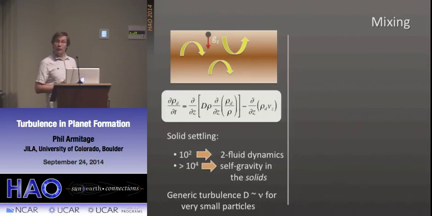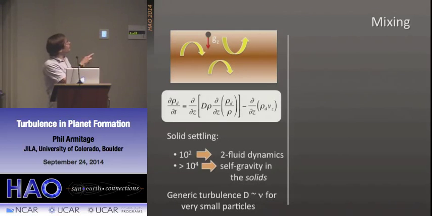Now you can ask whether you can do better by looking at other things that turbulence might be doing within the disk. And one of those is mixing. So let's imagine we now take a slice of the disk. Here's the midplane. This would be the surface of the disk, upper and lower surface of the disk. If we have a dust particle within that disk, the vertical component of gravity will be trying to pull it towards the midplane and settle it into a thin layer, while turbulence will tend to be trying to keep it